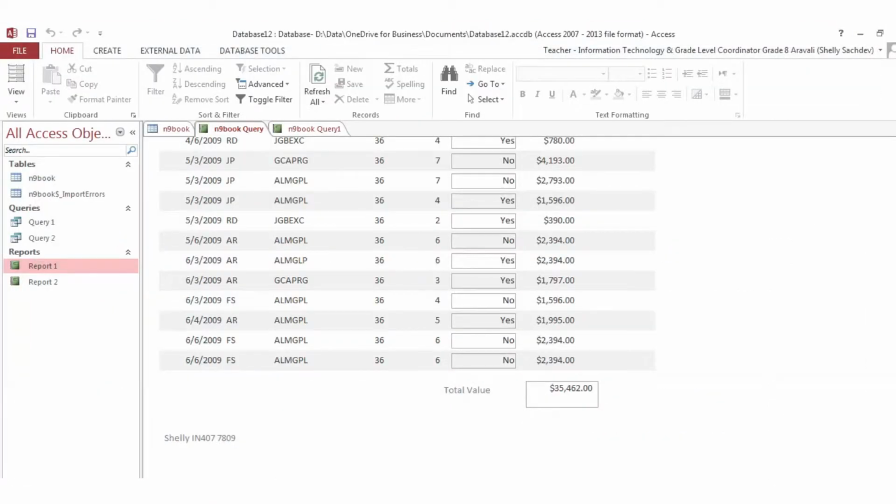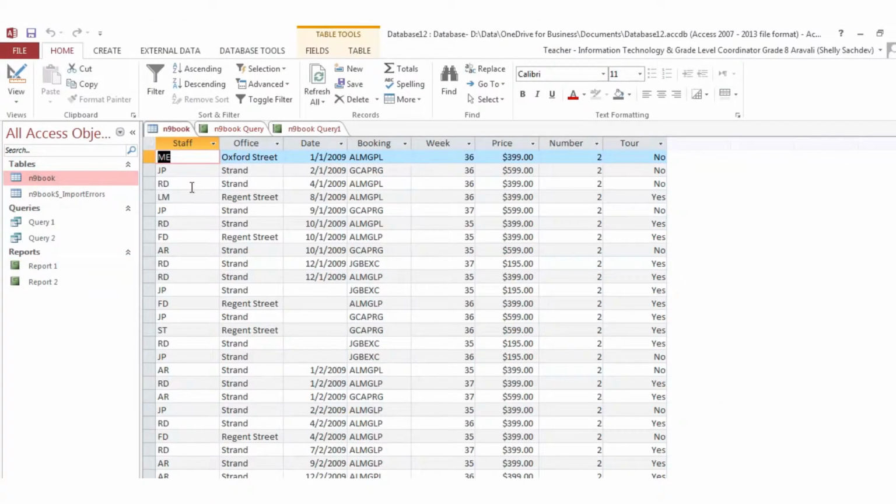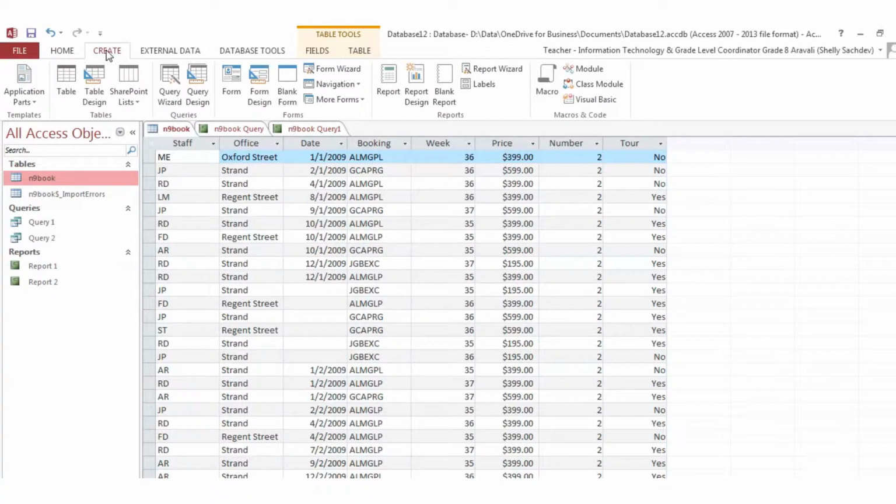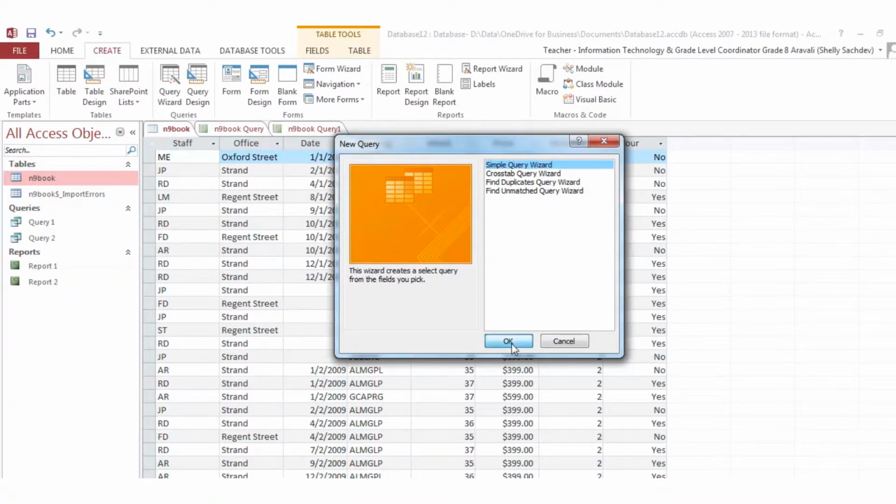So if I go to my table, it is asking me that for JP, RD, LM, for all of these, each member of staff, I need to calculate the total of this number. So I'm not calculating the whole of the number, but for each member of staff. So I'll click on the table, go to Create as usual, and create a simple query wizard.